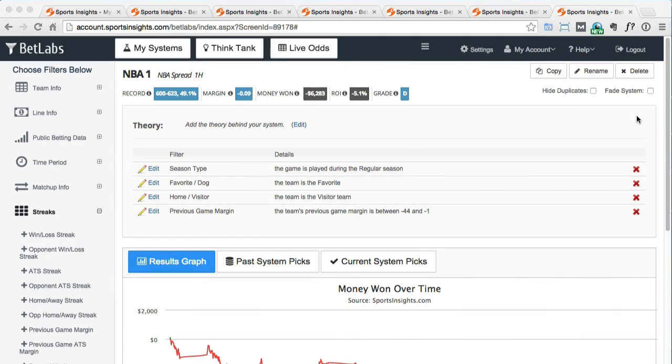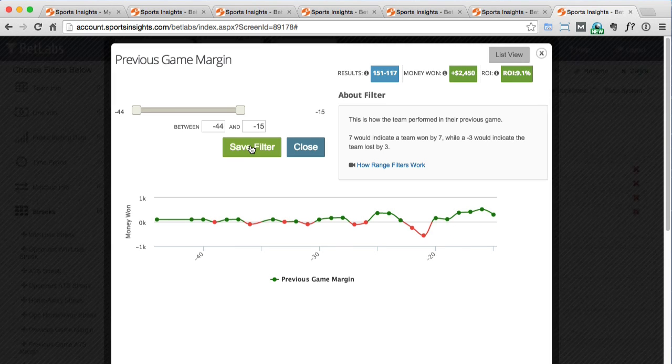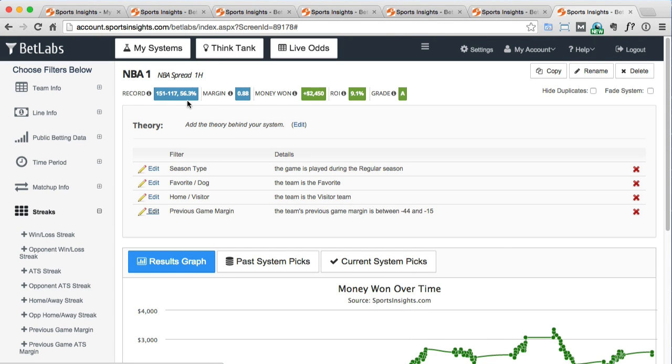Okay, so the first idea was for a first half system. His idea was to bet on road favorites who are coming off a loss and bet them in the first half only. And as you can see here, that's hitting at 49%, so it wasn't profitable. But I made a little tweak, and instead of just having the road favorite coming off a loss, I made them coming off a blowout loss of 15 or more points. And as you can see here, that system is now hitting at 56.3%,